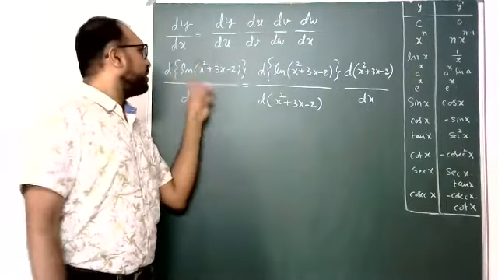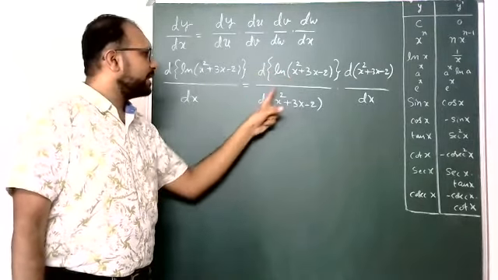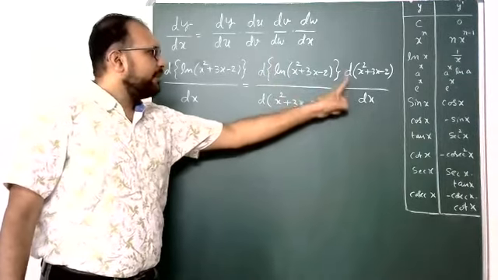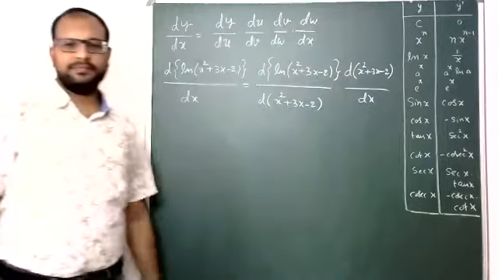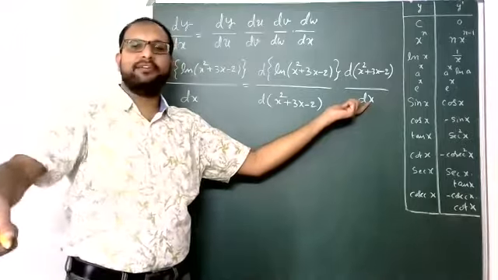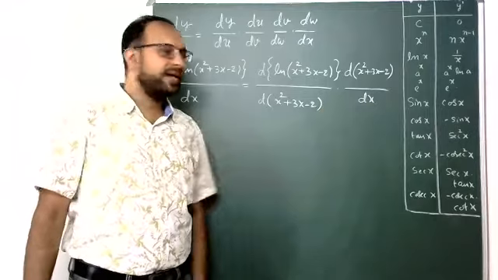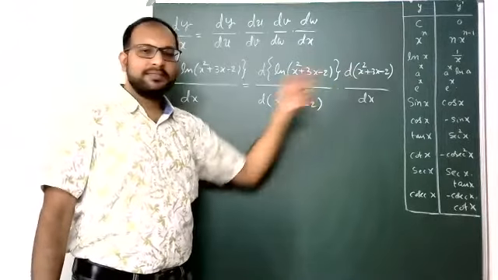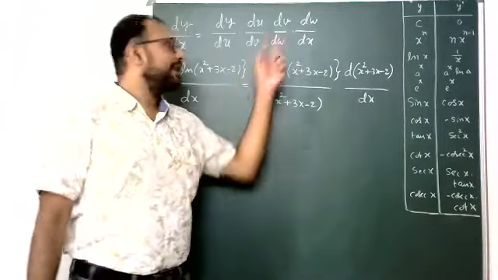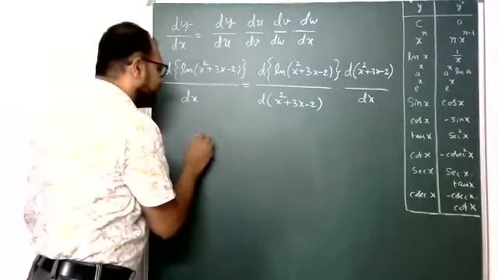Yes, now the derivative of y with respect to x I am writing, students. The derivative of y with respect to u, that is one more function in x, into the derivative of u with respect to x. The last function should be very easy. Suppose it is not easy, again the chain rule is required. Yes, see, this we all know: the derivative of x square plus 3x minus 2 is 2x plus 3. Already known, that's why that is the last. Suppose it is not known, then one more chain rule like this.